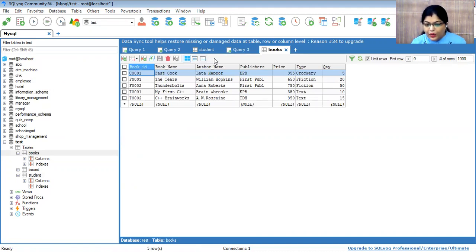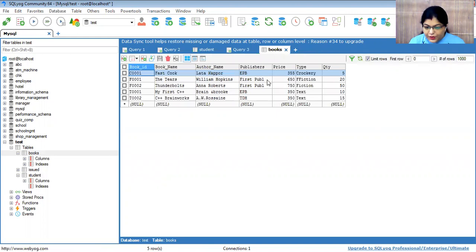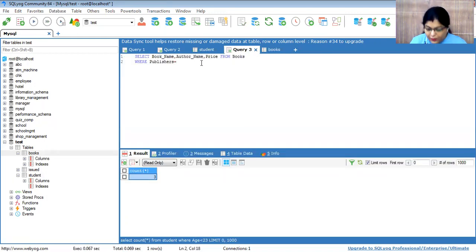See here, book underscore name, comma, author underscore name, comma, price from books, where publishers is equal to, so I have to check here, first PUBL.